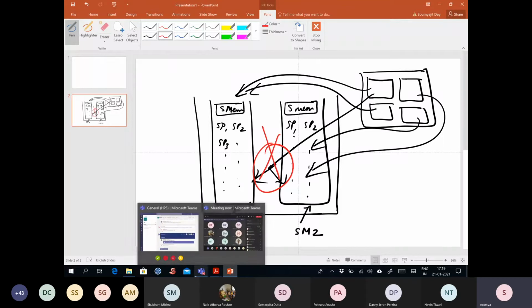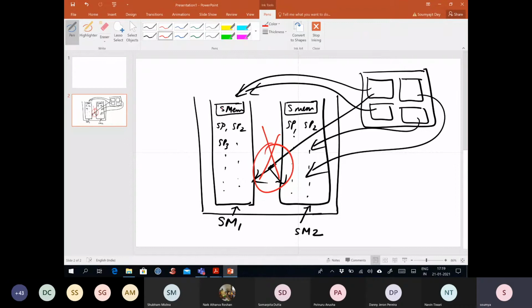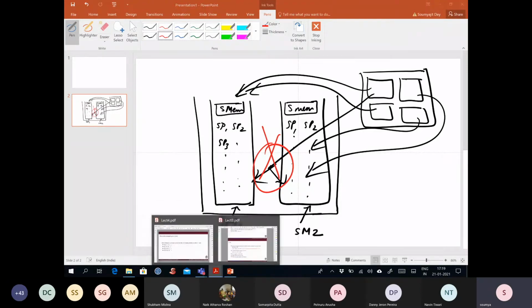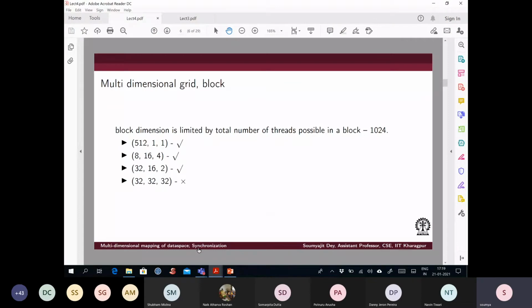So when you have things inside a block and they are executing in an SM, there will be further scheduling happening. These things we will discuss later. My point here is that by doing all this, we are giving some advantage to the GPU system.